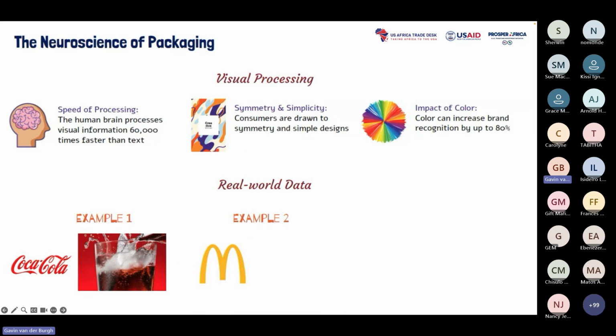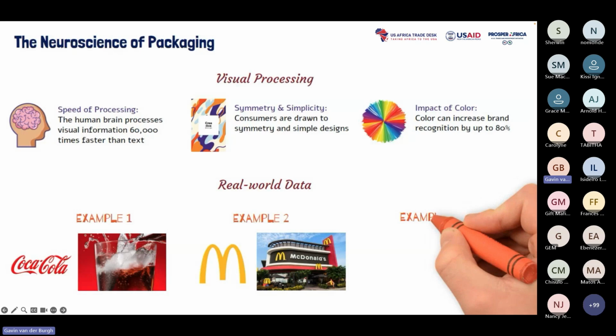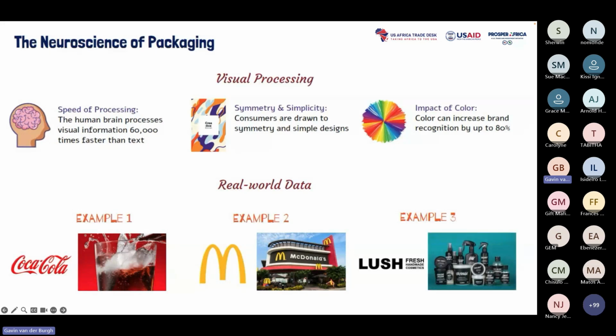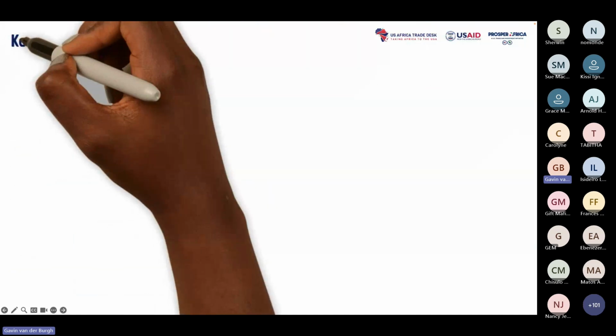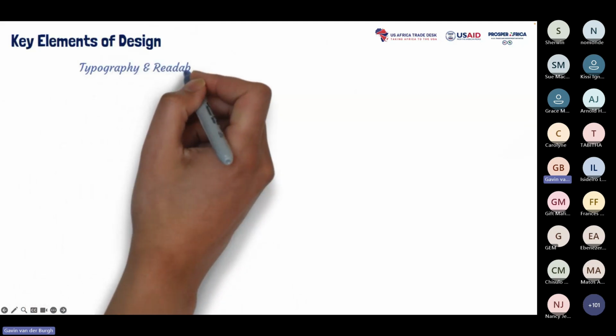A second example would be the McDonald's Golden Arches. So everything with McDonald's has got that M on it, whether it's a little burger that you buy or the branding of the store themselves. And another one that has become very successful is Lush Cosmetics. So they've gone with a minimalistic approach, but they've also gone with a very easy font choice. So this is where we start to talk about some of the key elements of the design,